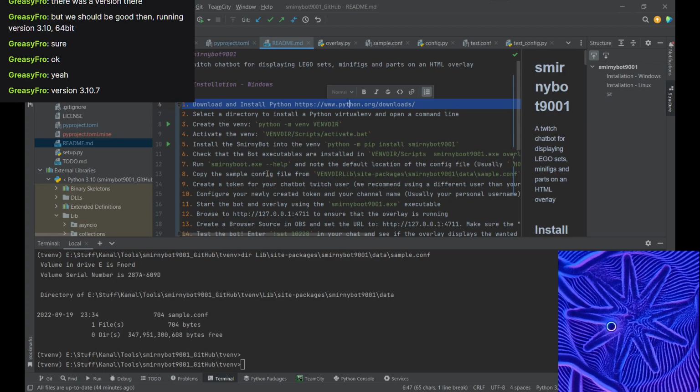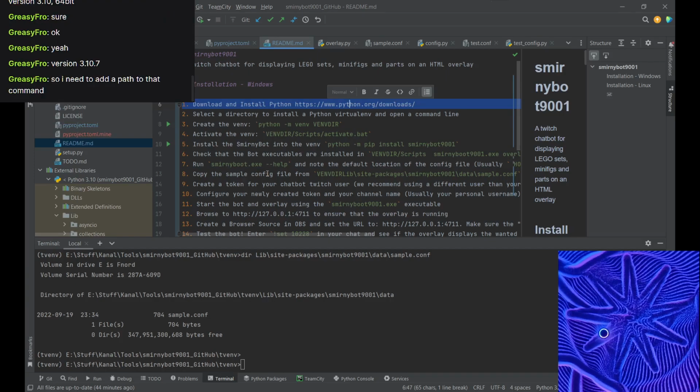So you will have to use the command line, but I hope that's not too bad. It depends upon how you installed the Python. So if you said, okay, put it in my path, it should be already in your path.